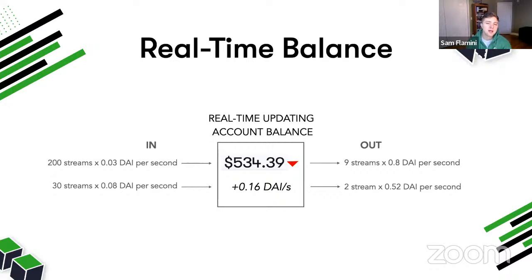So this real-time balance function will take into consideration the things that are happening in each of your peer-to-peer financial relationships defined in those agreements. In the case of money streaming, you have what we call a net flow rate. So think about it this way. If I decide to create a stream to one of you in the audience for 10 DAI per month, and another person in the audience decides to send me 5 DAI per month, those are just individual transactions,